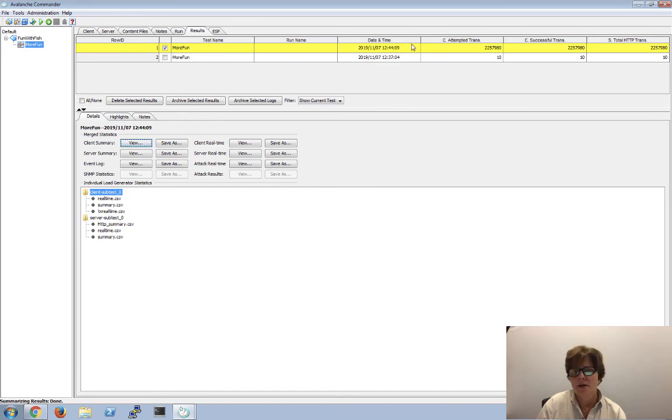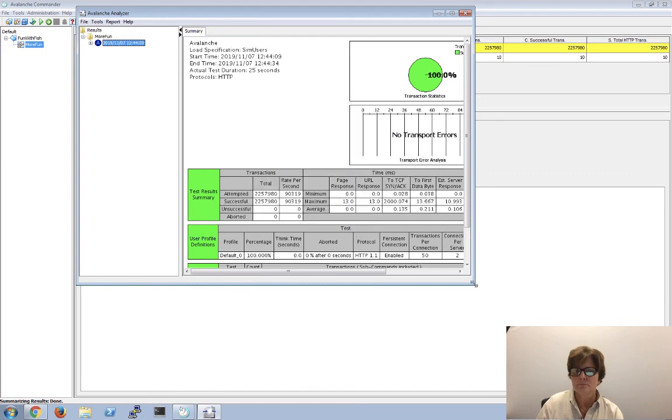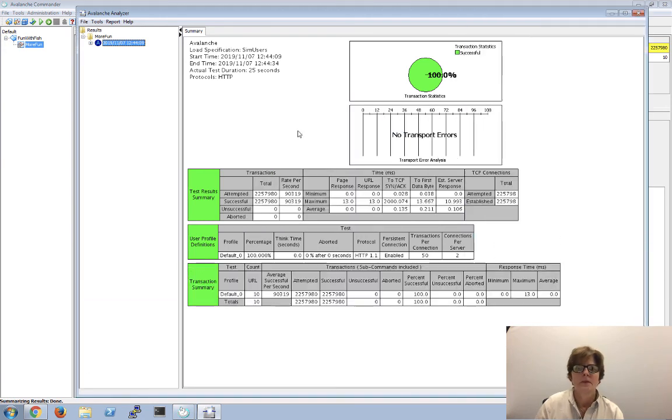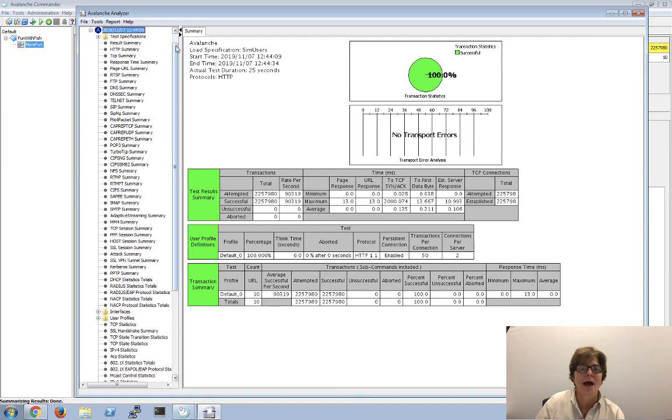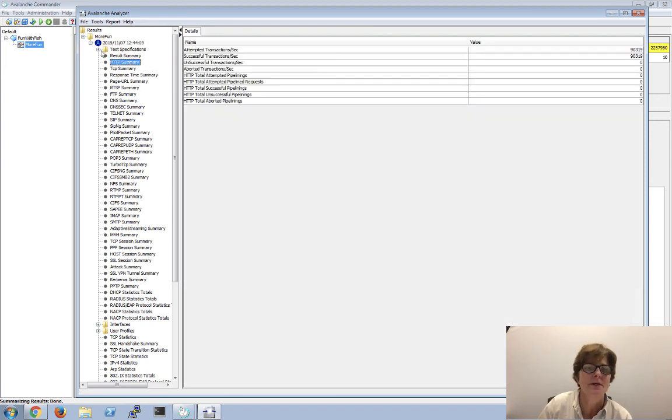And so I'm going to click the right one, which is the one that has tons and tons and tons. And these are all the different things that you can look at. So let's say that you want to do the client summary. Just click the view for client summary, and this will give you everything. I don't know how many pages. We're not going to cover that now. You can play with that as much as you want. Here's the HTTP summary, test specific summaries. You can look at drops, you can look at everything.